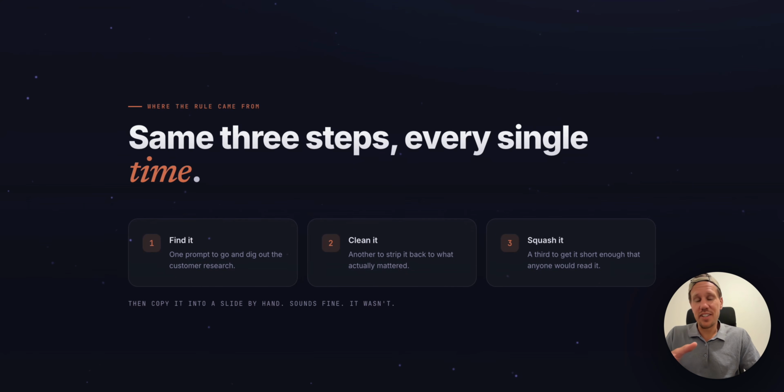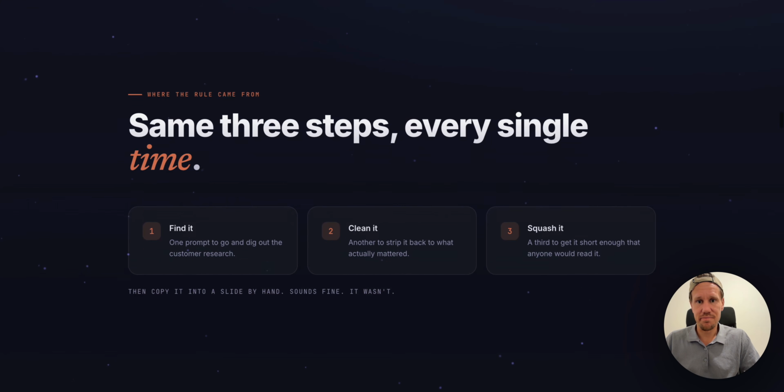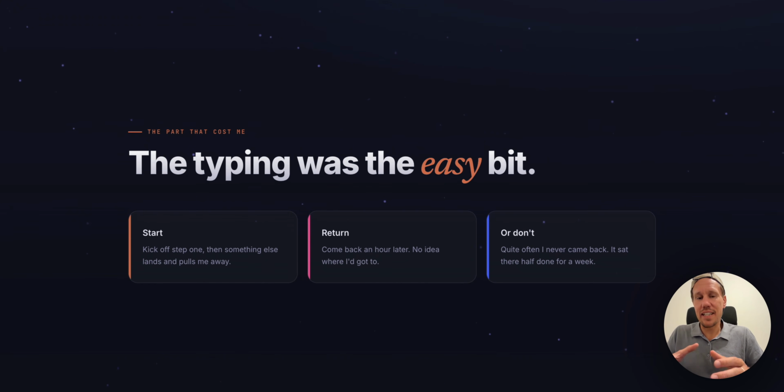And it was definitely better than doing it all manually, which I did for a decade before AI, but it was still a tedious process. Because ultimately, I never actually sat down and did all the 3 things in one go. I don't think anyone actually does that. What I did is start the first bit, and then AI had to think, and something else came up. I got an email, a Slack message, and I'd go and do that thing instead.